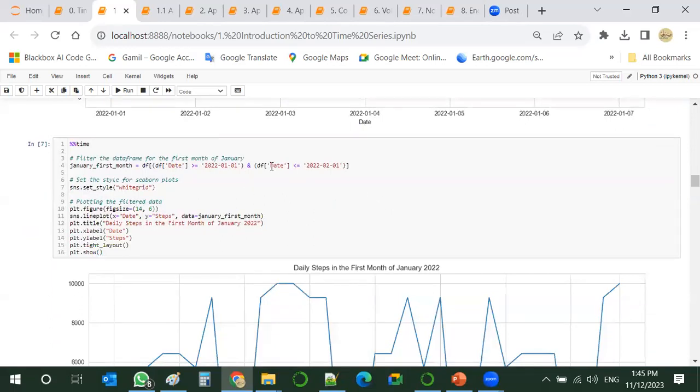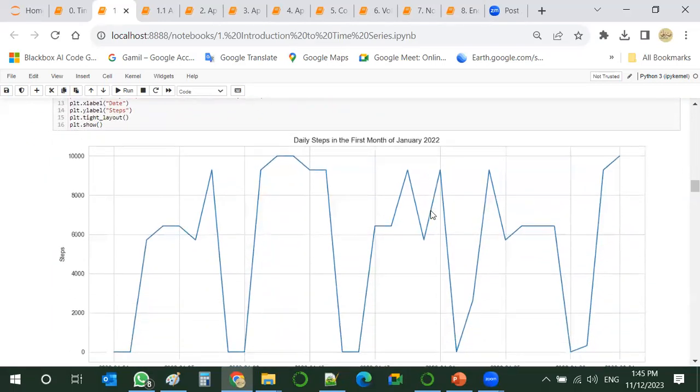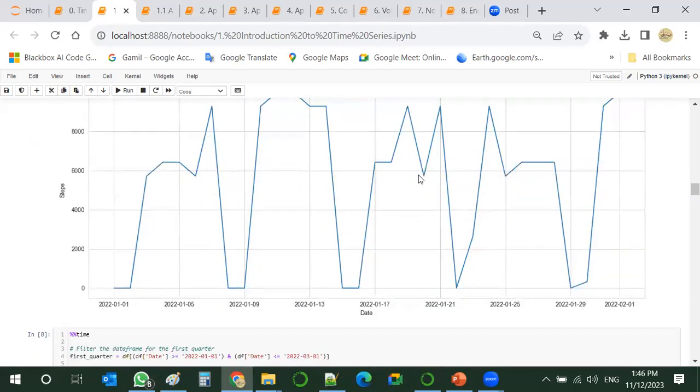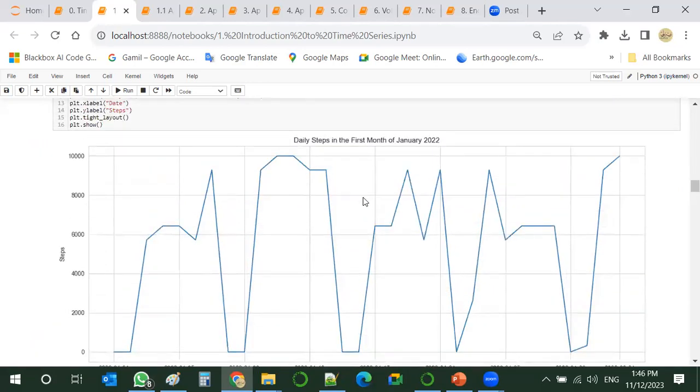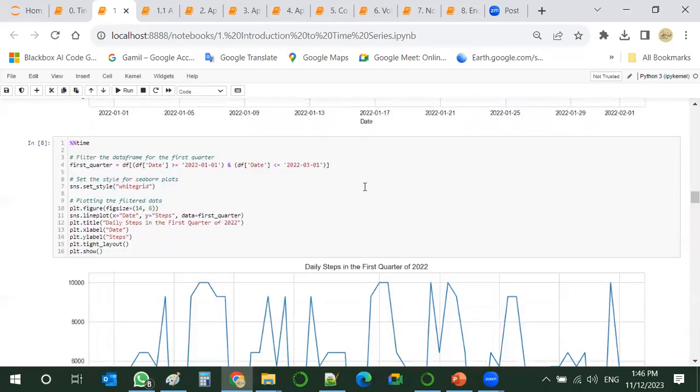If we have a look at the first month, we will get this shape. So this is the daily steps in January 2022, and we can see it by quarters.